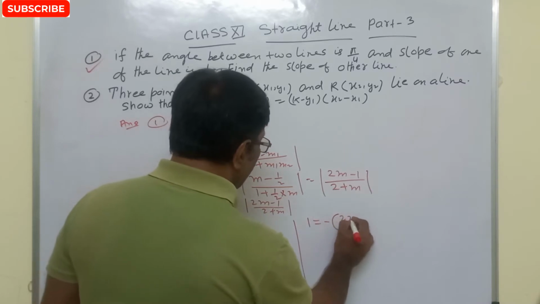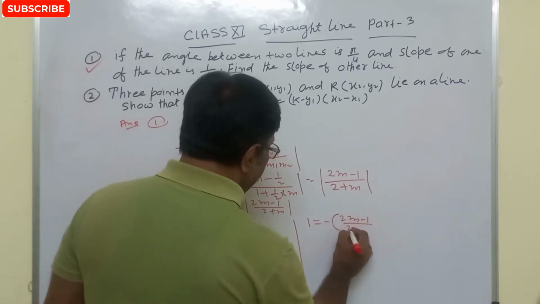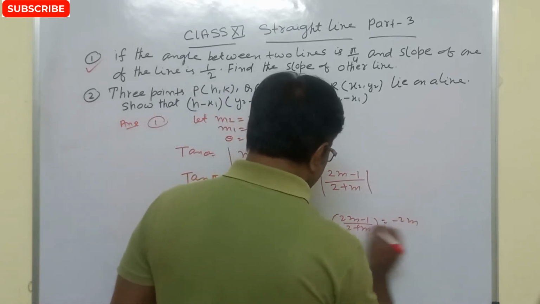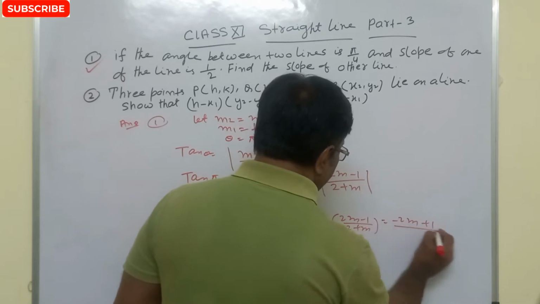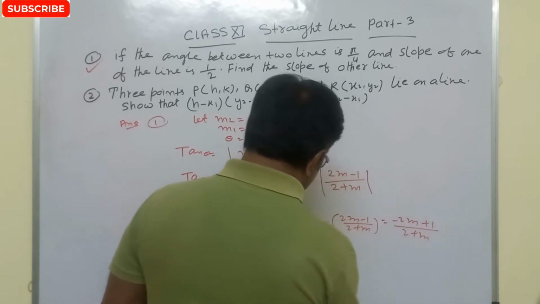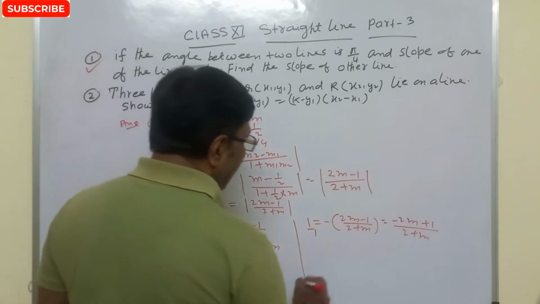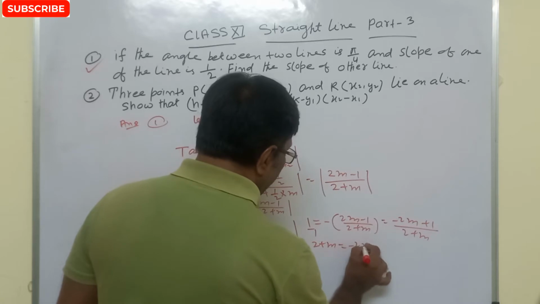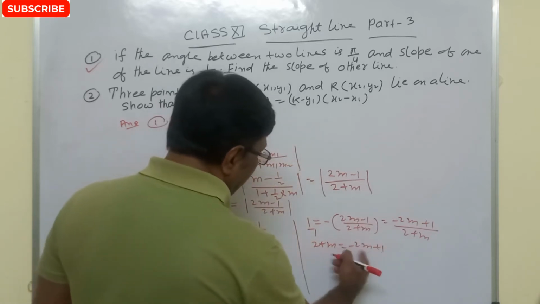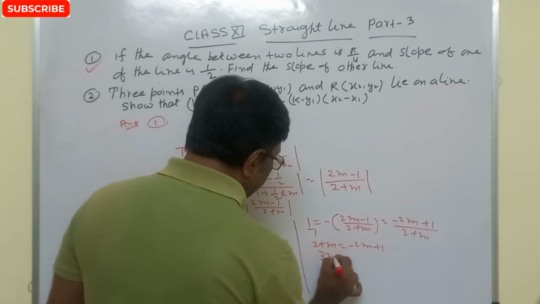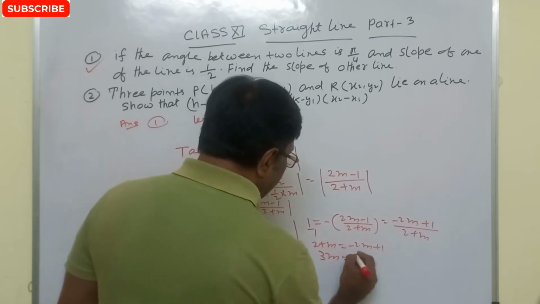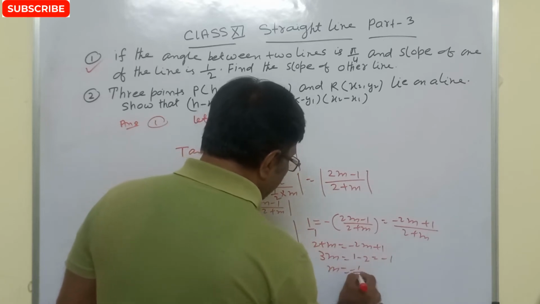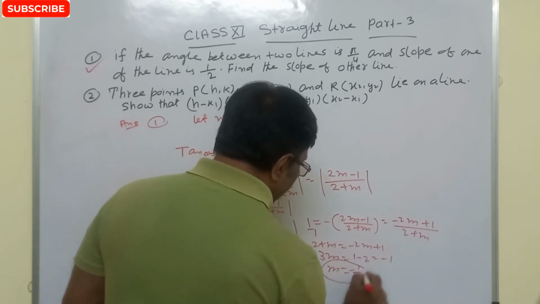that is 1 equal to minus of (2m minus 1) divided by (2 plus m), then we will get (minus 2m plus 1) divided by (2 plus m)। So again we cross multiply, then we will get 2 plus m equal to minus 2m plus 1, so this becomes 3m, so 3m equal to 1 minus 2, this is minus 1, so m equal to minus 1 by 3।